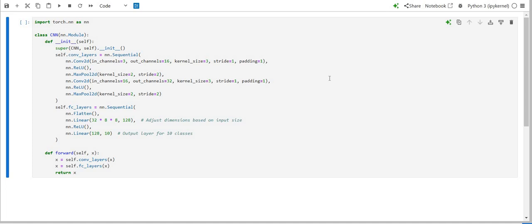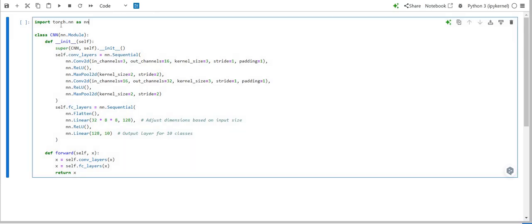Hello everybody. In this lesson, I will teach you how we can write Python code for CNN architecture. For this lesson, we will use PyTorch. Let's begin. Look here, import